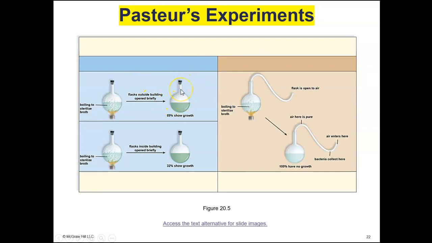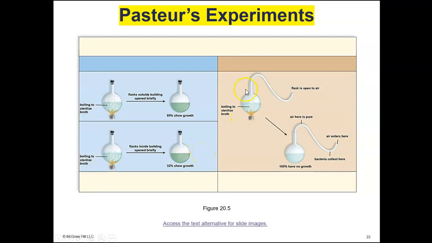Then he restoppered it. 89% of his flask became cloudy and showed bacterial growth. He did the same experiment inside the building, and it reduced the growth. It was only 32% that showed growth,